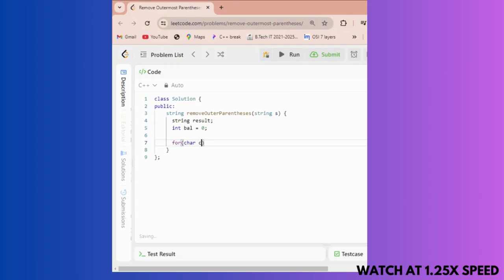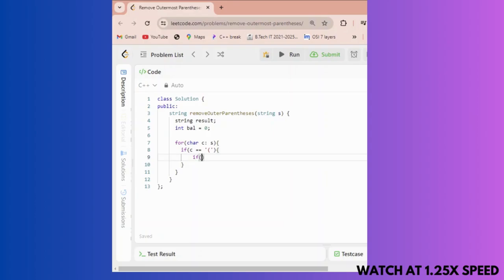For char c, I'll take c as a character which iterates over this string s. And if my c, which is the char, is equal to the open rounded bracket,